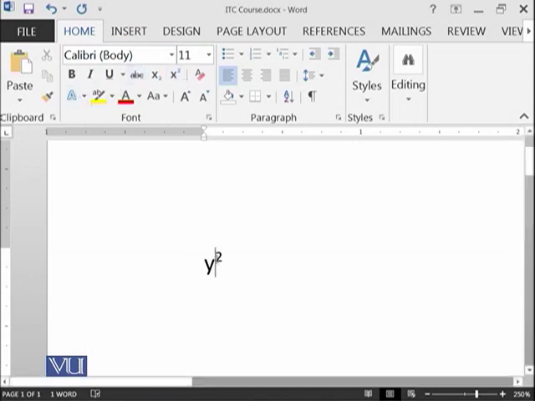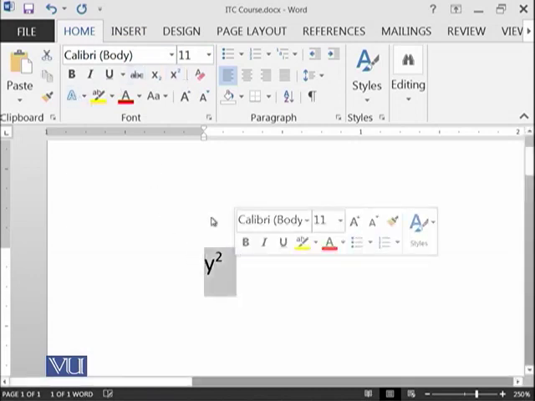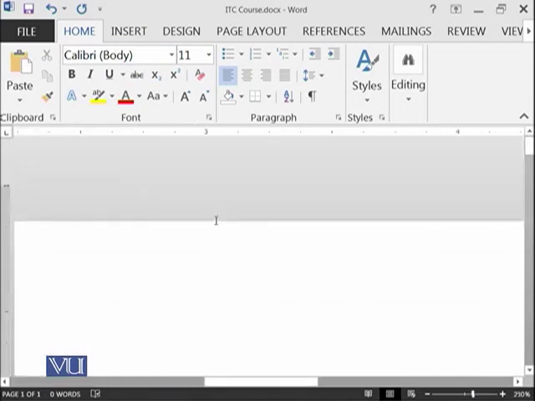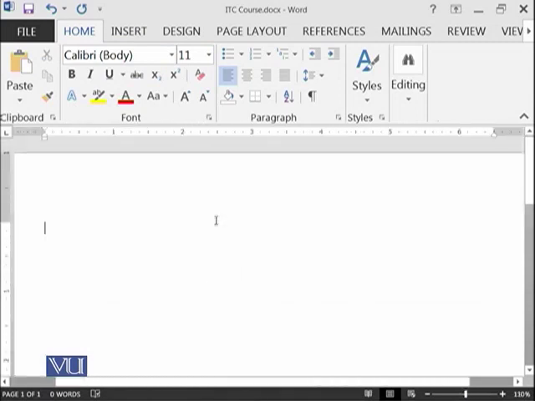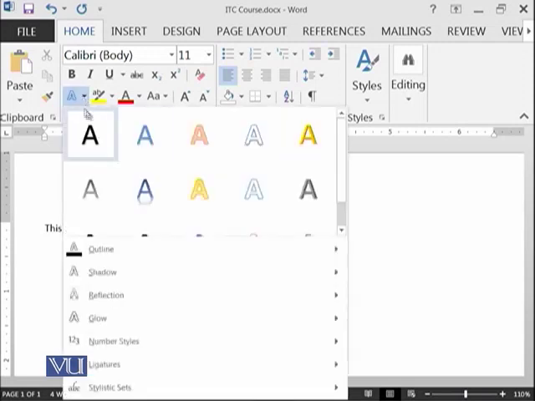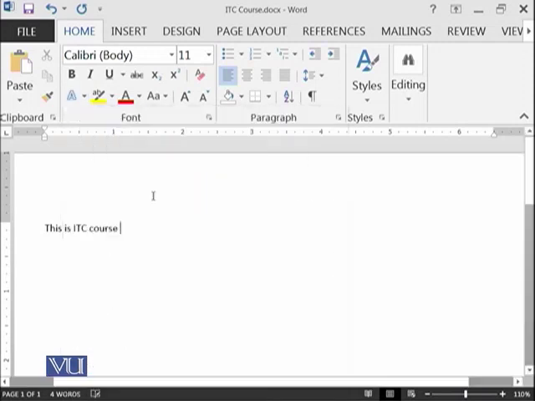Then there is a style available. Let's say again, I'm going to the original size of the word. So I say this is ITC course, and there are different styles which are available. Text effects, for example, you can select like this one after selecting, of course.